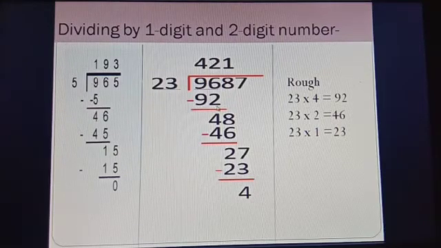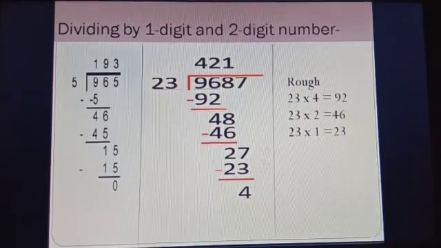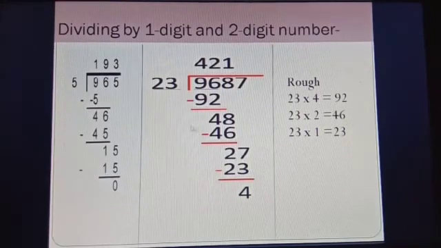So 96 minus 92, 4 will come. Now take this 8 down, 48. Again there is the first number 4 and the first number 2. So 2 2s are 4. We can check 2 times. So check 2 times, 23 2s are 46. Now we will divide 23 2 times, 46 will come. Now 2 will be there after subtracting.